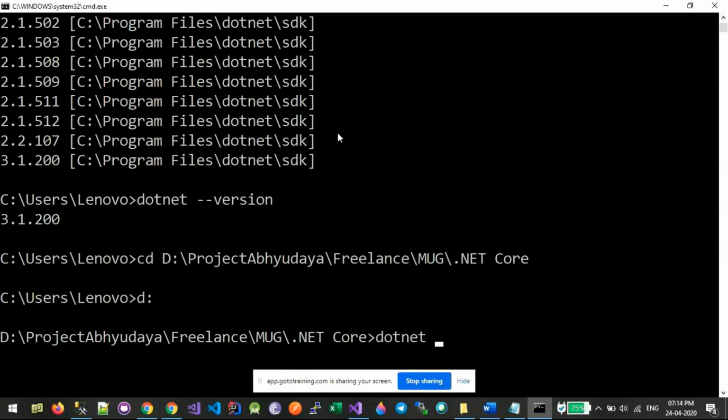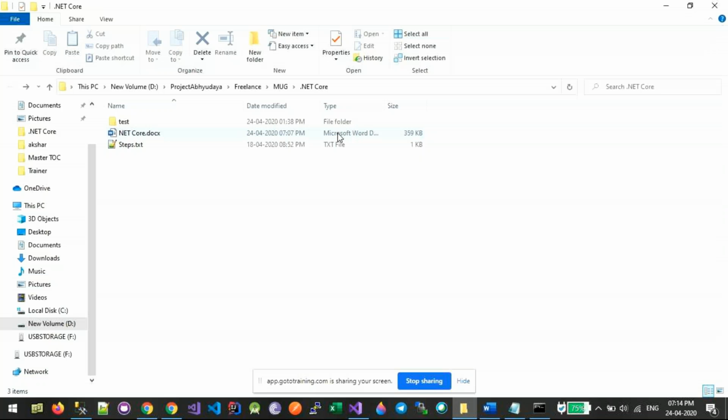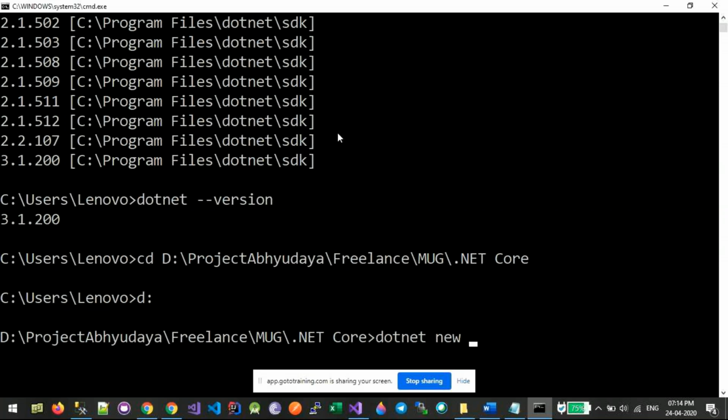Let me use dotnet new console. Either I can use -n or --name, depending on how many keystrokes you want to save. Let's say I want to create a hello world console application.